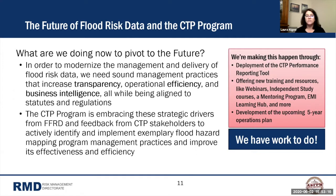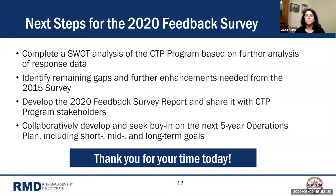We've done a lot over the last 5 years, and we still have some things to do to make sure that the program is successful. Some of the next things that we need to do based on the results of this survey, as I mentioned, we want to go through and do that full SWOT analysis, looking at the strengths, weaknesses, opportunities, and threats related